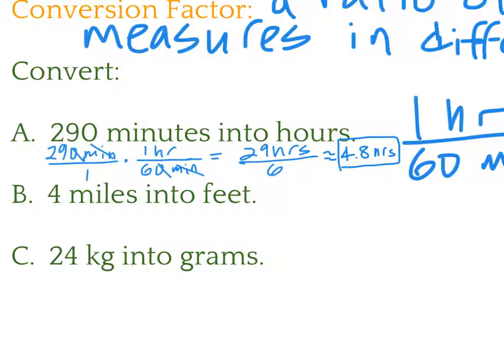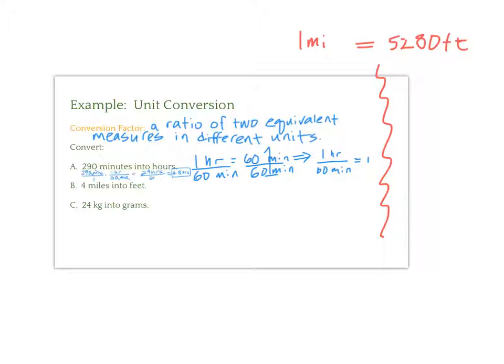Next, let's convert 4 miles into feet. We note that 1 mile equals 5,280 feet. If we divide both sides by 1 mile, the reason I'm choosing to divide by the mile is that I want to convert miles into feet. So I want feet to be in the numerator and miles to cancel off. I also know that a mile over a mile is 1. So my conversion factor then is